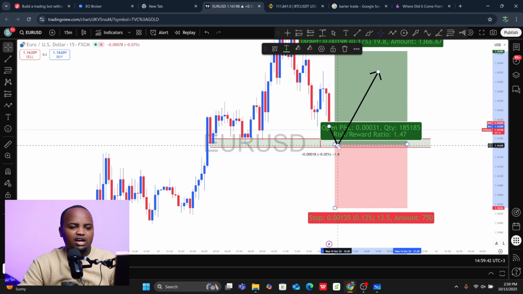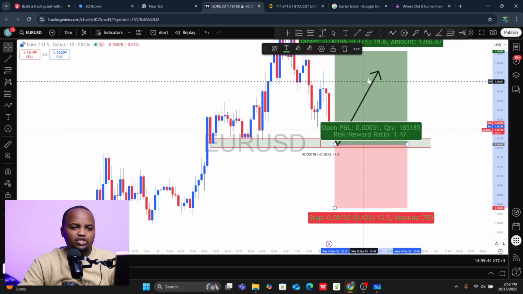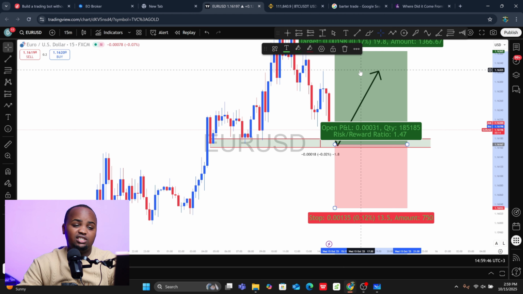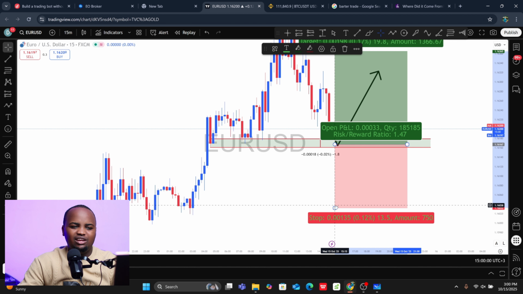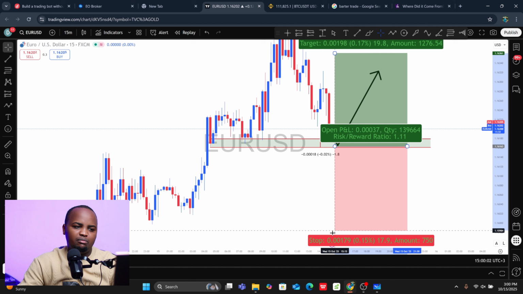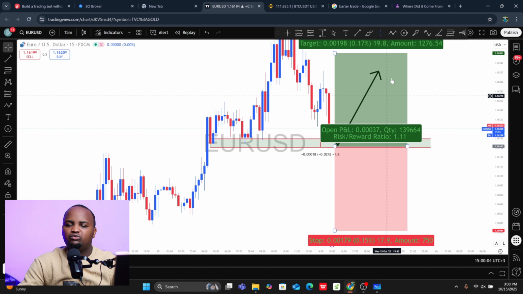So if this market comes to this area, I buy here and it continues moving in the direction I predicted, I start accumulating profit. So you can close anytime you want. There is no limit here. And when this market actually crosses over here, it does not mean I lost that money, but I can still wait for this market probably even to come below this and still come to my direction.